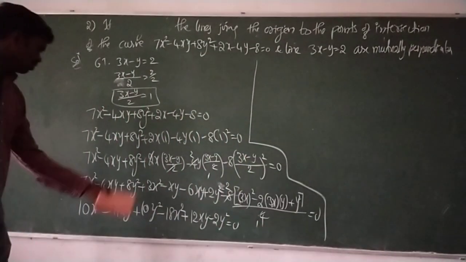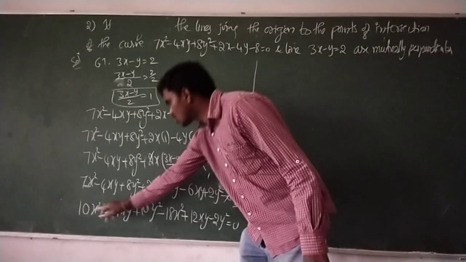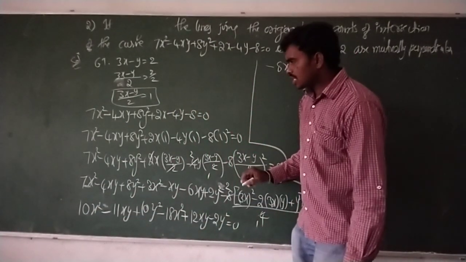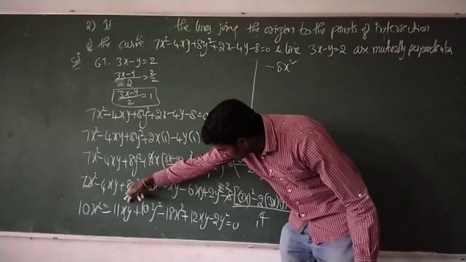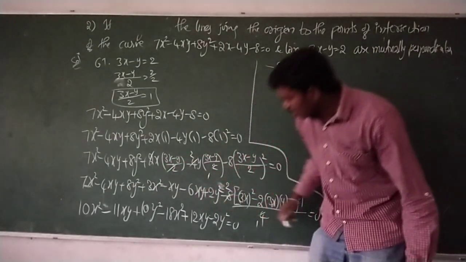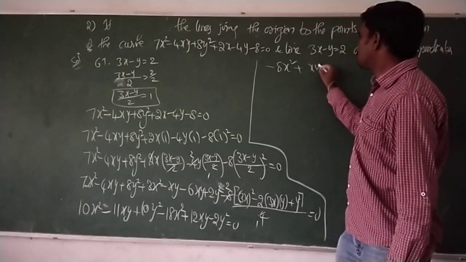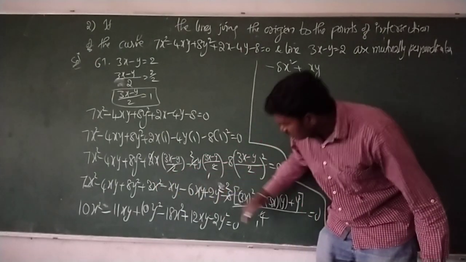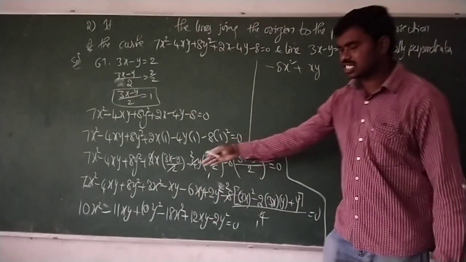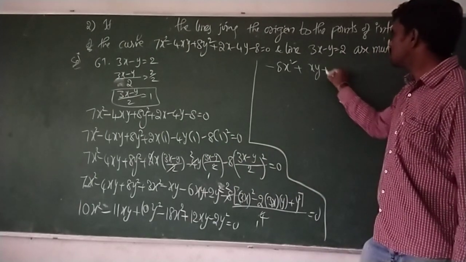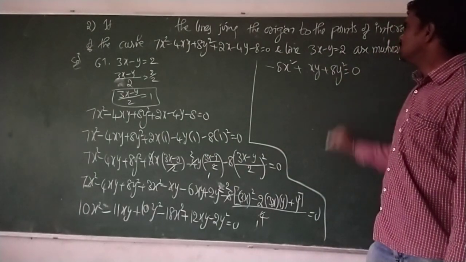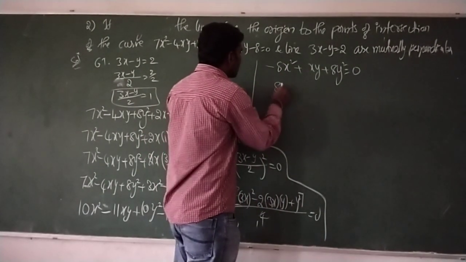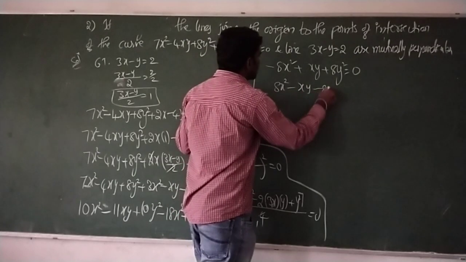Okay. So now once again do it. What are the x square terms here? 10 here, minus 18. So becomes minus 8x square. Next the xy terms: here minus 11, here plus 12, means 1xy. Next the y square terms: here minus 10y square, here minus 2y square. Sorry, that is plus 10y square minus 2y square becomes 8y square equal to 0. So now if you multiply by minus, 8x square minus xy minus 8y square.